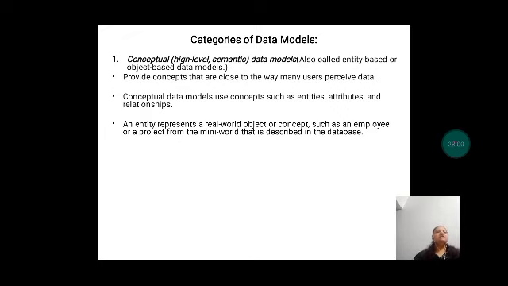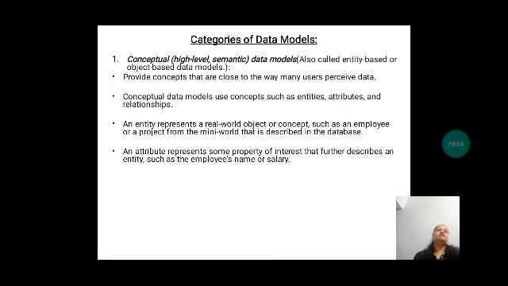These conceptual data models work on the concept of entities, attributes, and relationships. Entities can be anything in the mini world. If I take an employee, he's an entity. The attributes of that employee are ID, name, salary, which describe that particular entity.